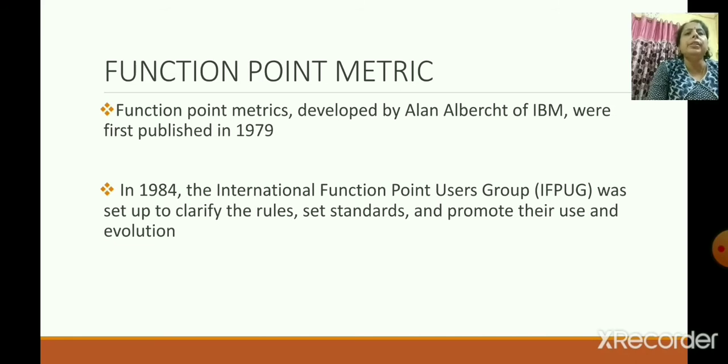The function point metric was developed by Alan Albrecht of IBM, first published in 1979. In 1984, the International Function Point User Group, means IFPUG, was set up to clarify the rules, set standards and promote their use and evaluation.